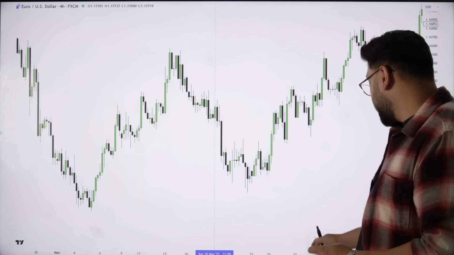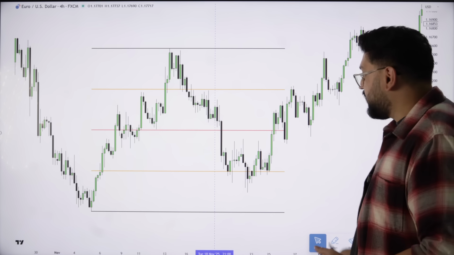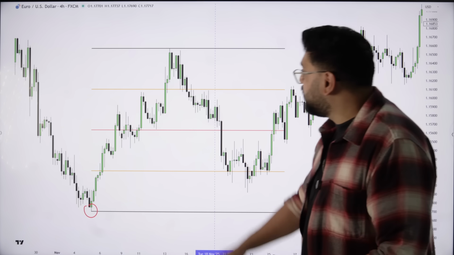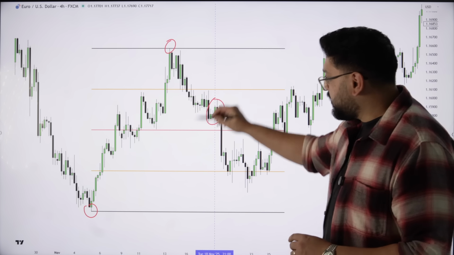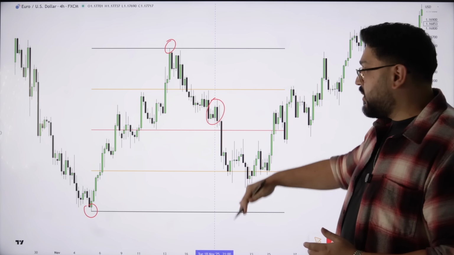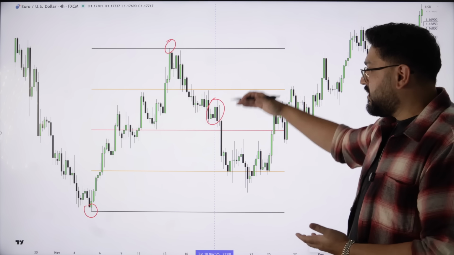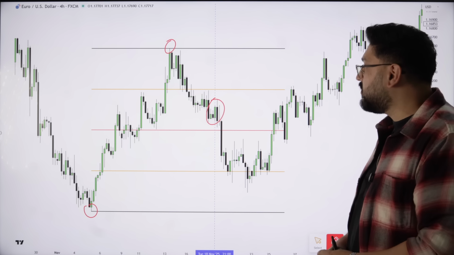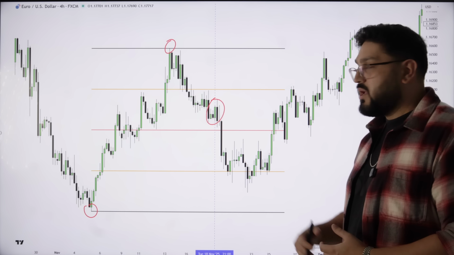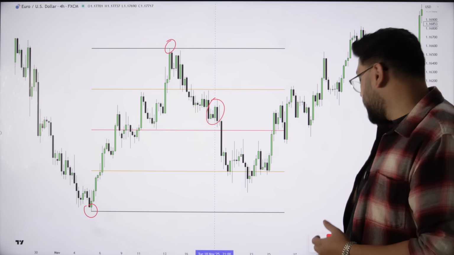On this time frame, we can clearly see that we have a dealing range. We have the dealing range low, we have the dealing range high. Now notice where we are here. We're inside of a premium market, so we never want to buy inside of a premium market. Now, there obviously are conditions when we can do that, but as a general rule of thumb, we don't want to buy inside of a premium market.